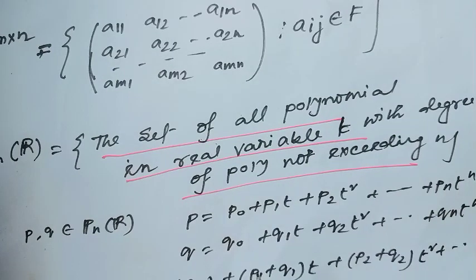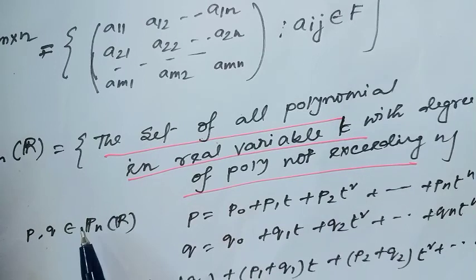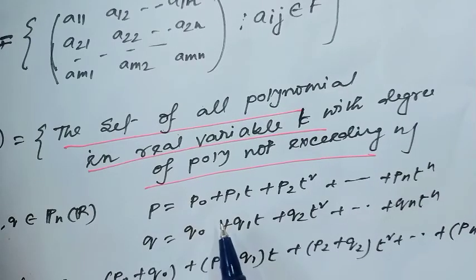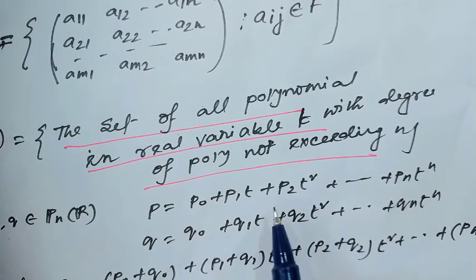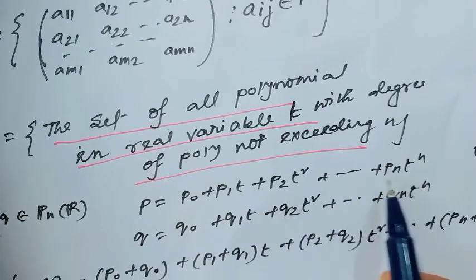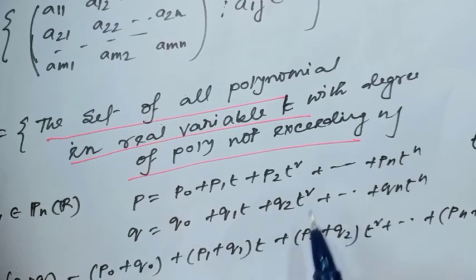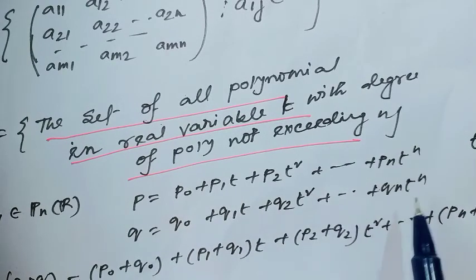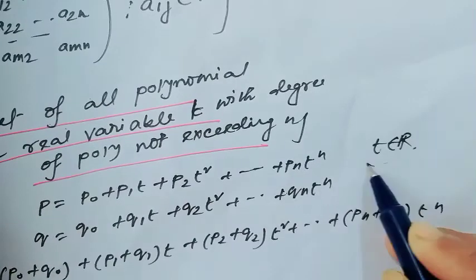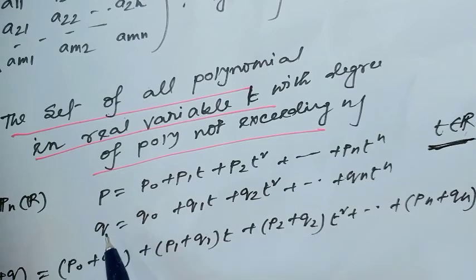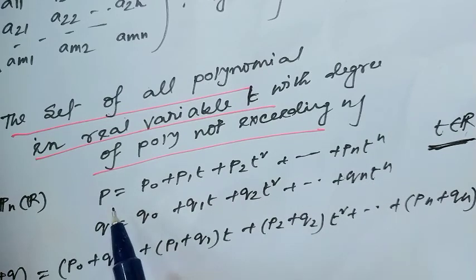Here, scalar multiplication will always be satisfied, because consider two polynomials in P_n(R) such that p equals p_0 plus p_1 t plus p_2 t square up to p_n t to the power n, and q equals q_0 plus q_1 t plus q_2 t square plus up to q_n t to the power n, where t belongs to the real numbers. Here p and q are vectors,